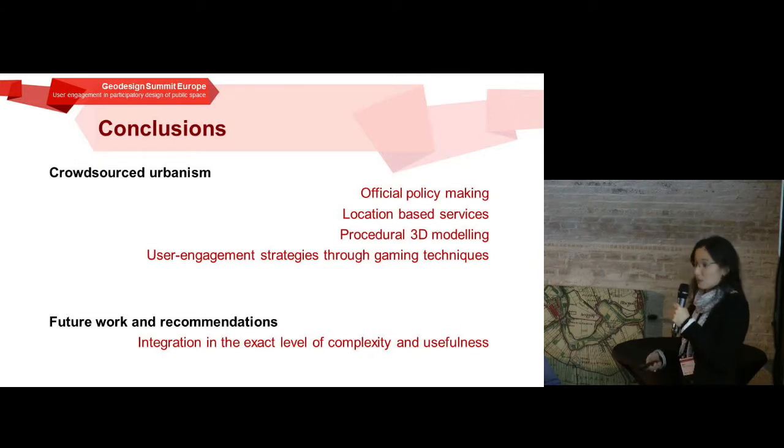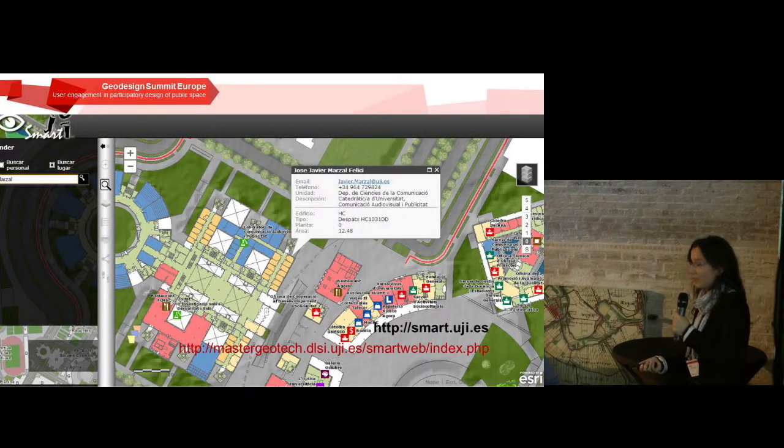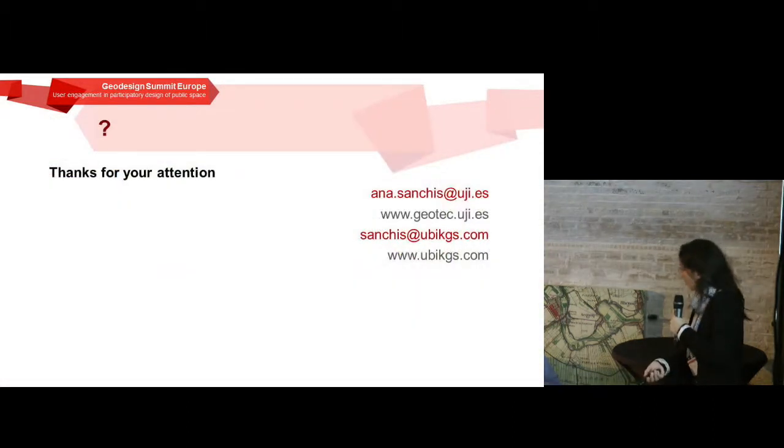So what's the challenge? The challenge is to really implement this kind of tool and integrate all these concepts in the exact balance. They have a big potential, but they are also really complex. So we should balance their complexity and their usefulness. Of course, we will try to implement that in the context of our Smart Campus, which is the test bed of our research group. It's a new idea we have. We test it on our campus. So if you want to see what we have done for the moment, you can visit those links. And I think that was all. I was very fast, I think.